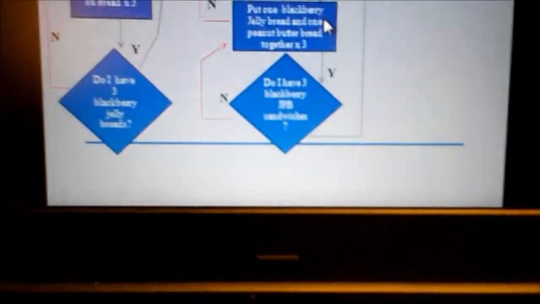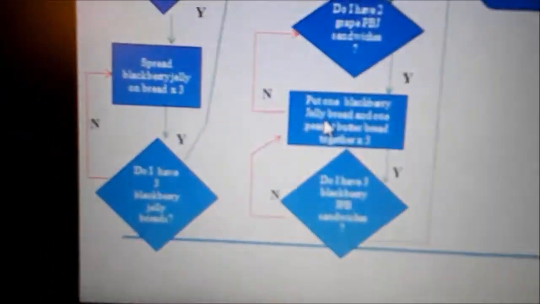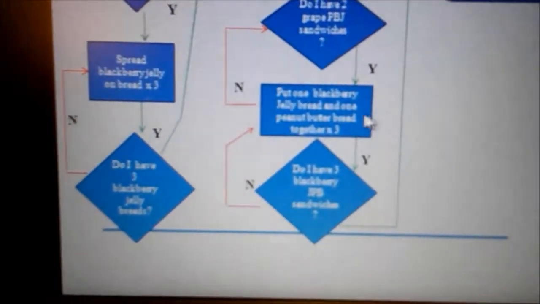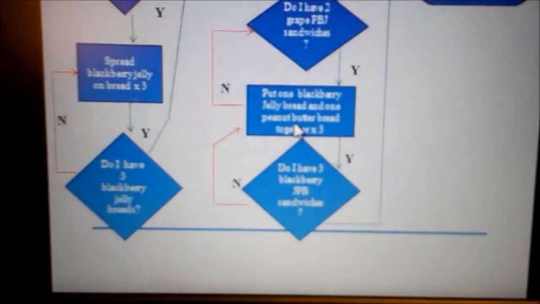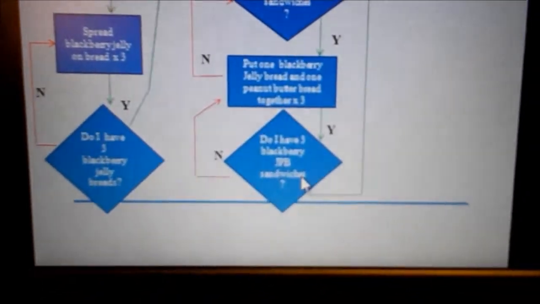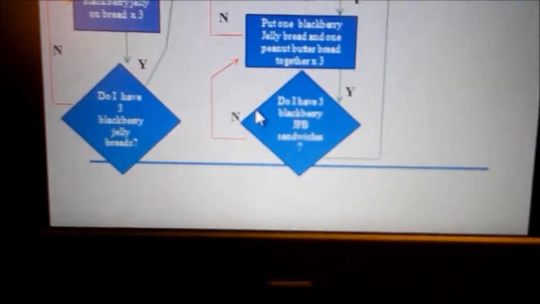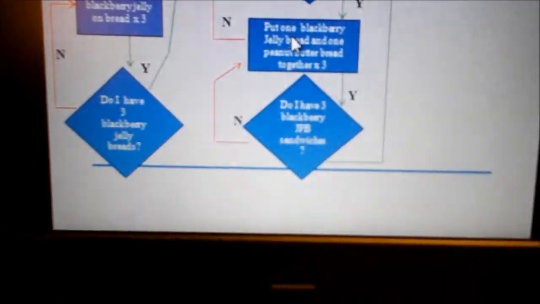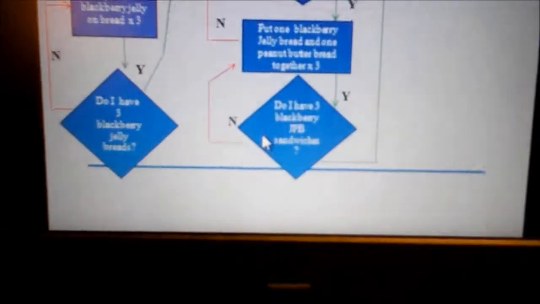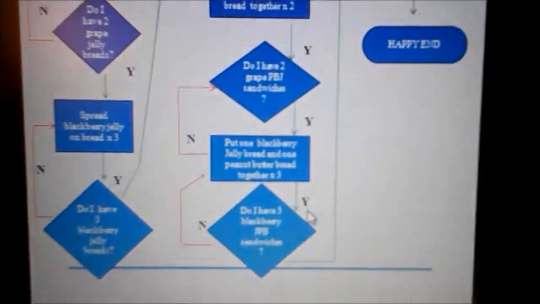Okay, we're almost there. The following step, you're going to place the blackberry jelly slices with a peanut butter slice. And it's asking if you have 3 blackberry sandwiches that are completely together, times 3. If you don't, you have to go back up there and complete it. There's your loop. If you do, you follow your yes all the way up,